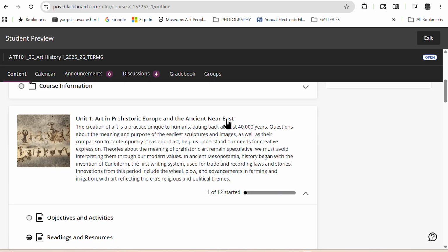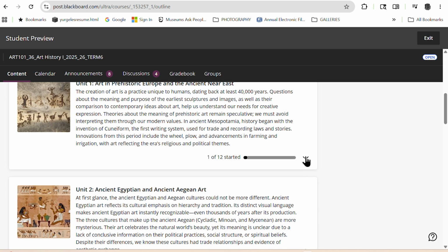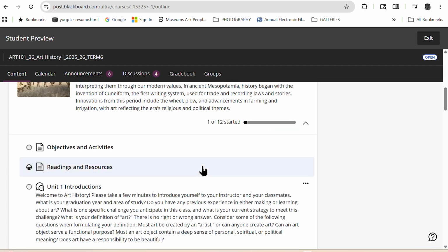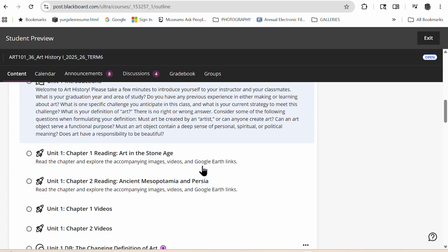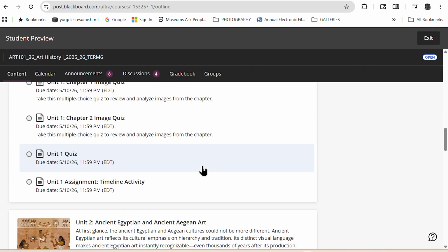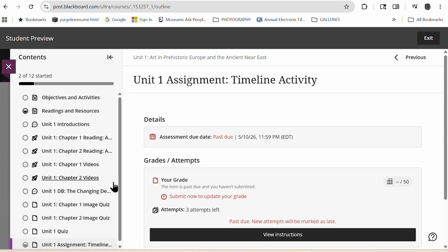and there we are. There is the Unit 1. So we'll do that. If this is down right here, I'll just push this little arrow that's going down or click on the first paragraph itself. And I can see that it opens up a number of different resources and readings for us. And if we go down to the very bottom, we'll see that here is the timeline activity for this week. All right, so